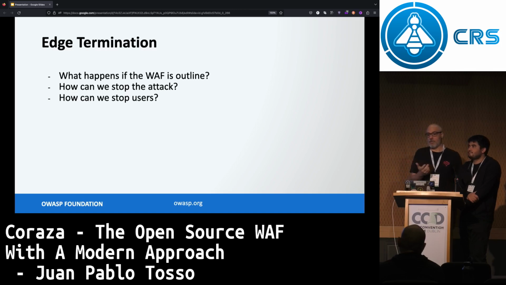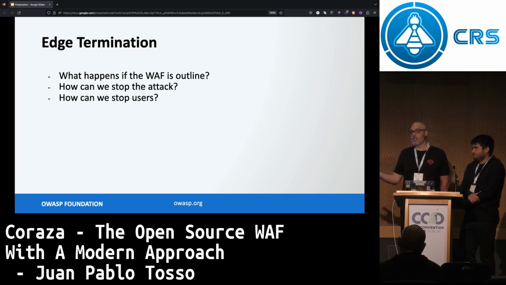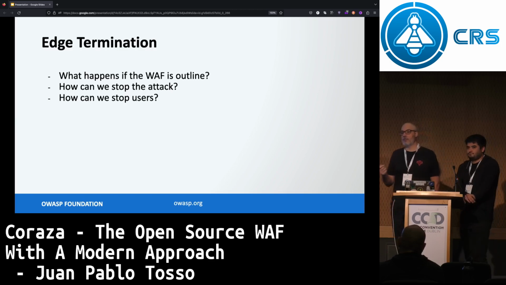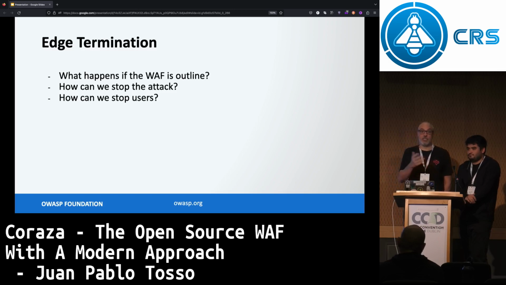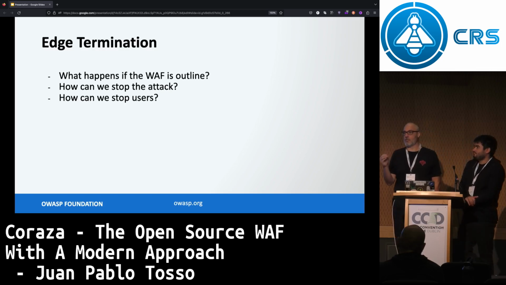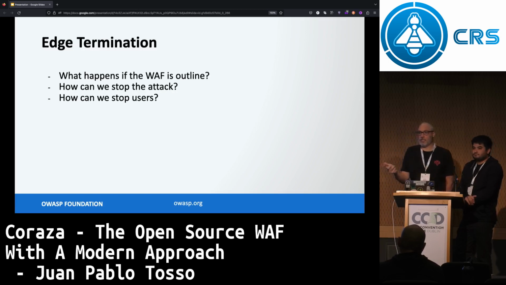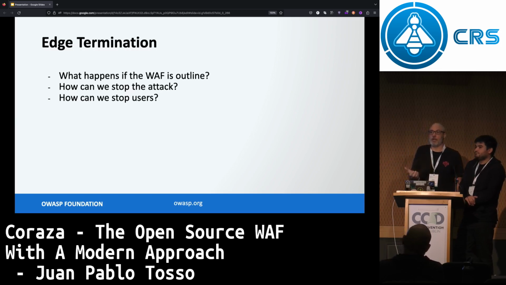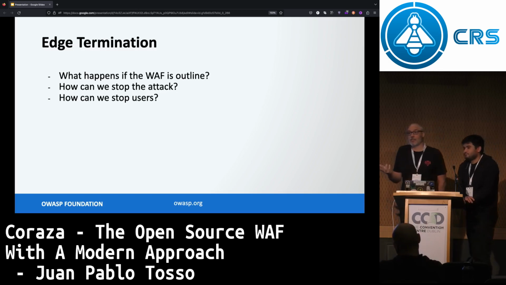So that's why we're mentioning the edge termination, because this asynchronous process is evaluating maybe CRS, but it's maybe evaluating other things like the threat information that you have as a provider or get from outside, or additional sources of information that you're then condensing into just one result of what should happen with this particular request. So suddenly you have this bunch of things that you're checking, and you need to terminate that HTTP request in some way. So this is a discussion that is coming. How do we do this?